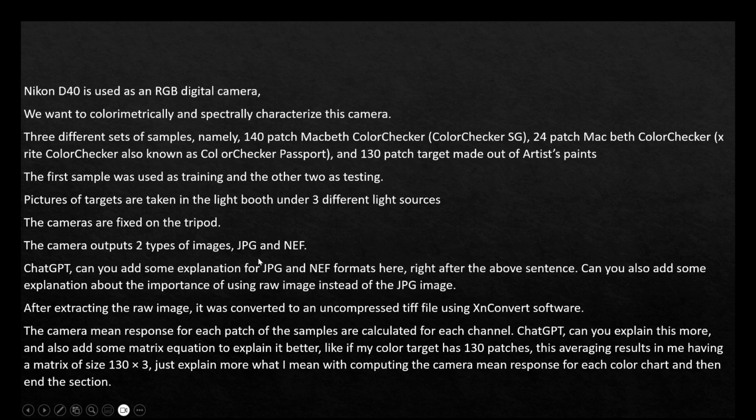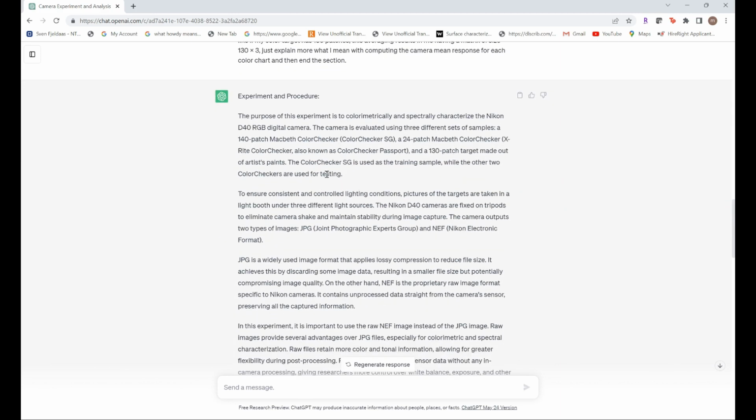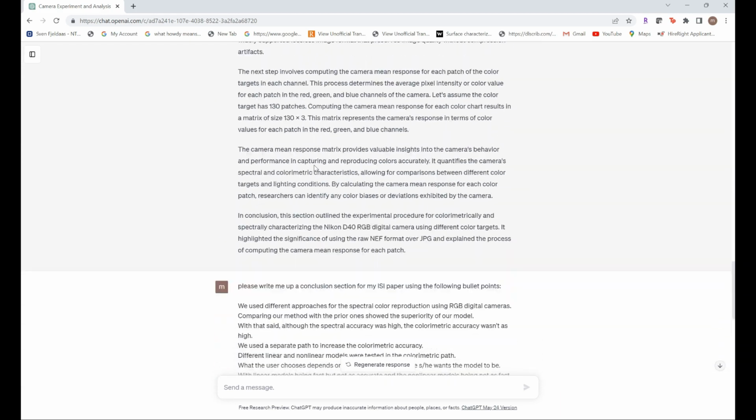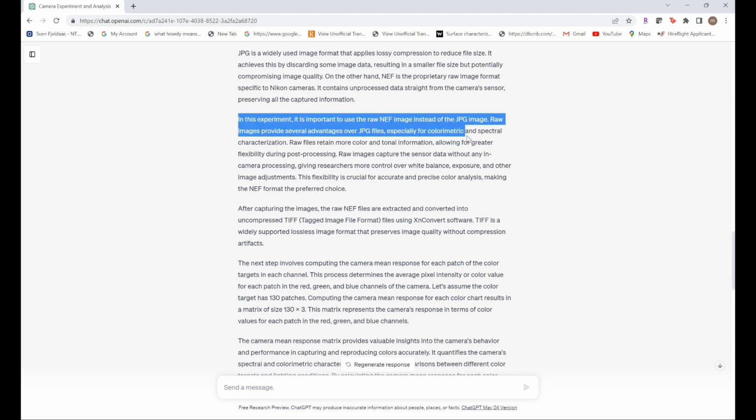Let's see how ChatGPT uses these bullet points to write me up an experiment and procedure section. So here we go. I'm saying use these points to write me up an experiment and procedure section for my paper. These are the points that we already looked over, and this is what ChatGPT wrote for me, which is very good. And you could see that this section has been added by ChatGPT itself,